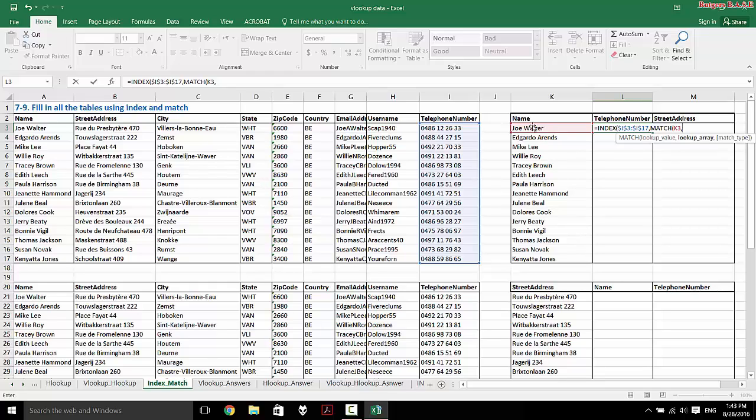Wherever you can match Joe Walter, value Joe Walter, that's your lookup array. So we're going to choose the lookup array to be the table where you can match up the lookup value, and that's going to be under name. Again, we're going to lock that value, and then you're going to hit comma, and you're going to hit exact match, just like a